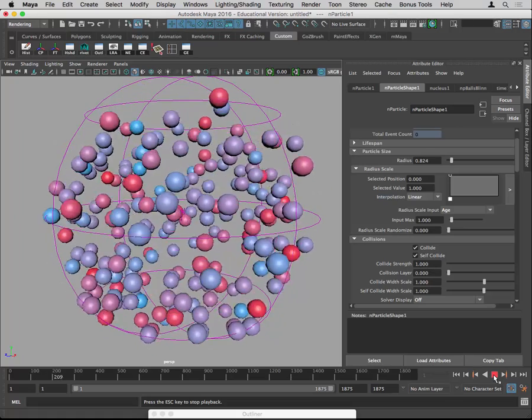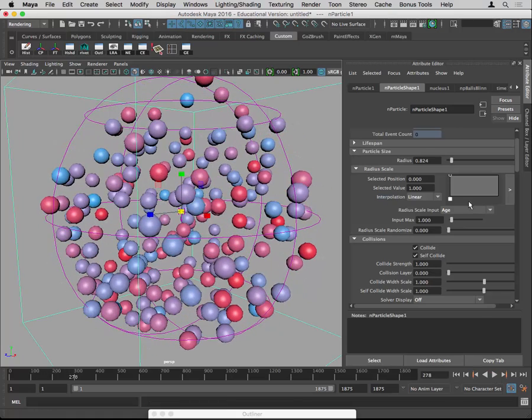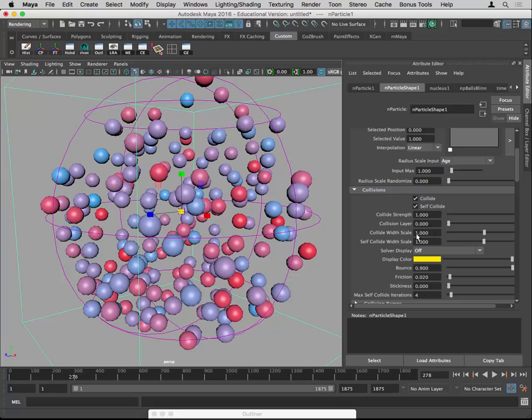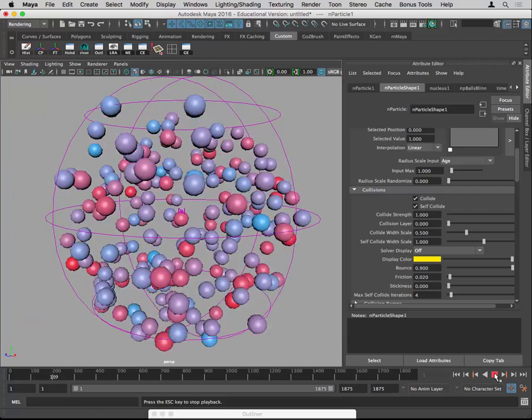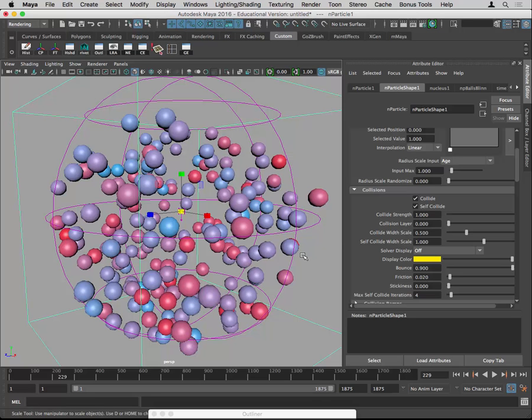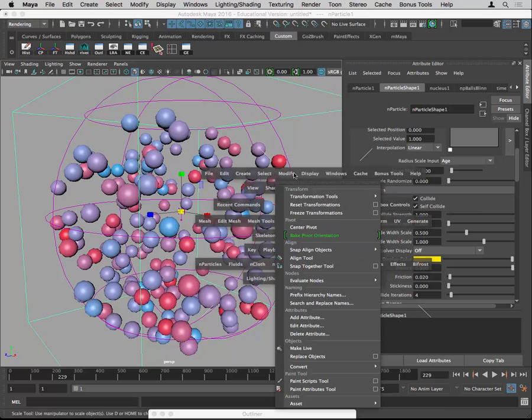So they're just kind of nudging each other around. And remember, we can still do stuff like change their collision width. If we change it to 0.5, they'll overlap a bit. They can intersect a little bit. And so you could use something like this to render out, or we can turn these into that geometry and see what happens. So modify,